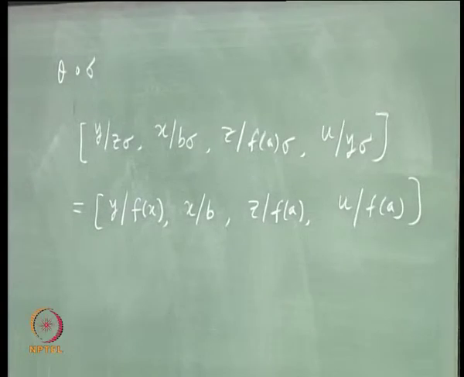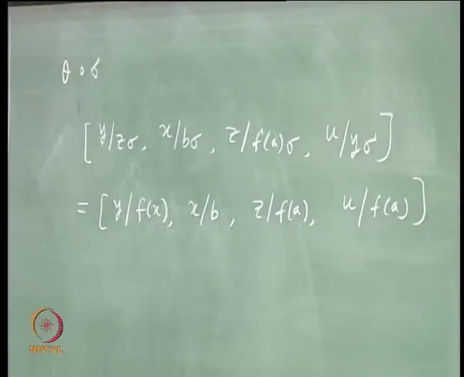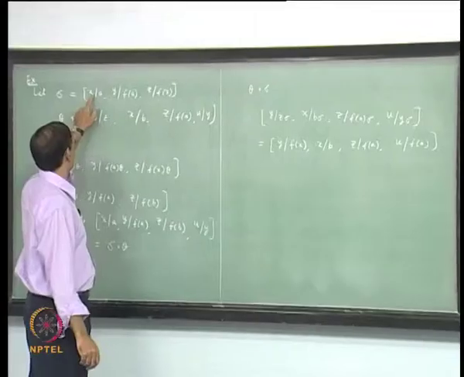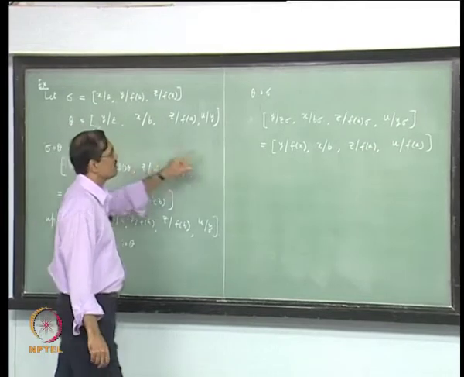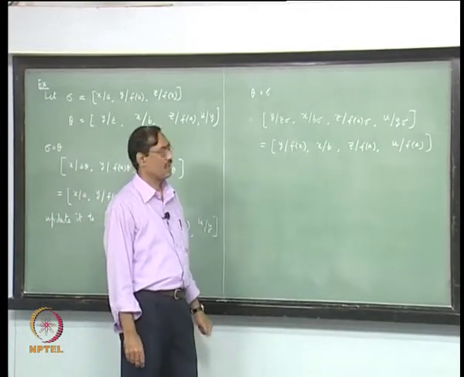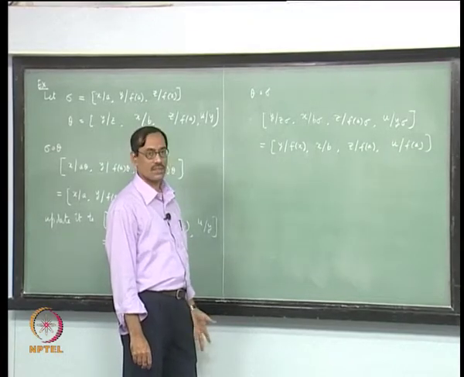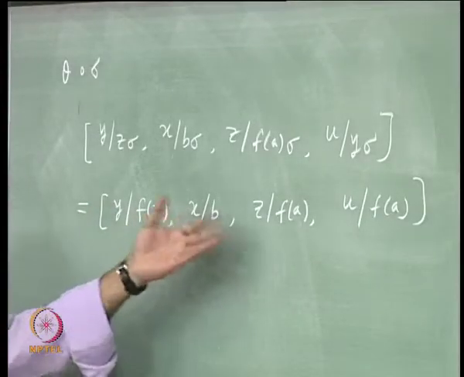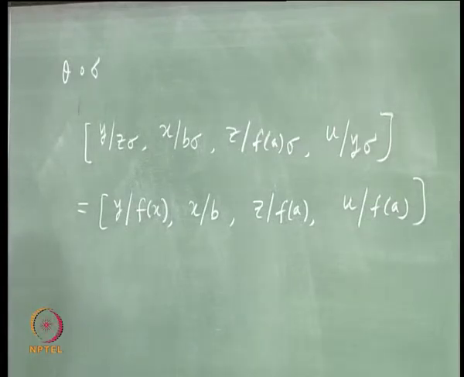Right. Now, there is nothing to be added in sigma. We have x, y, z, already we have x, y, z here. So, nothing to be added. Now, anything to be deleted? No, because no numerator is same as the denominator here. If they are same, then we have to delete it. Fine. So, that is your theta composed with sigma.